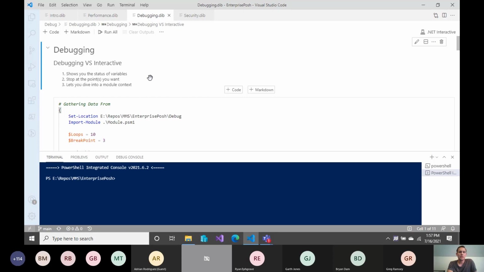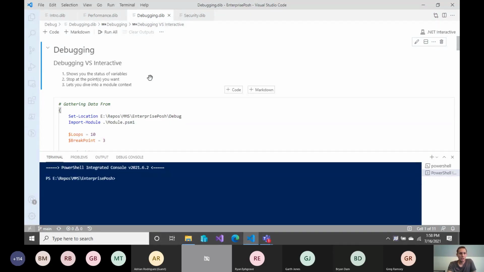You can also very easily stop at a very specific point in your script. If you have a 100-line script or longer and you need to get to somewhere in the midpoint or towards the end of it, running through every one of those lines interactively can waste a lot of time. It's a lot easier to just set a breakpoint and be able to run the script and let it stop